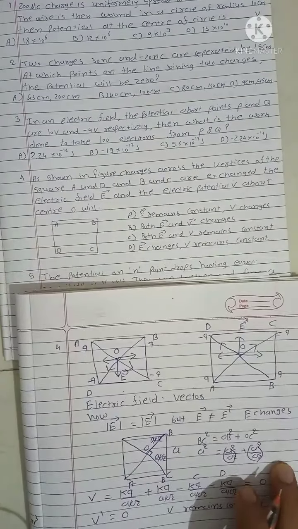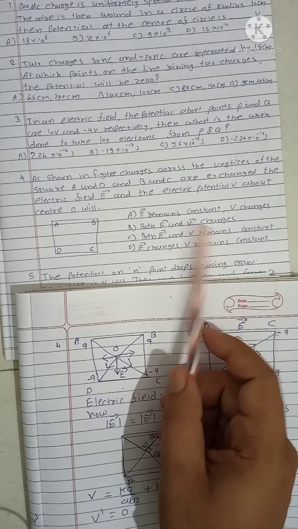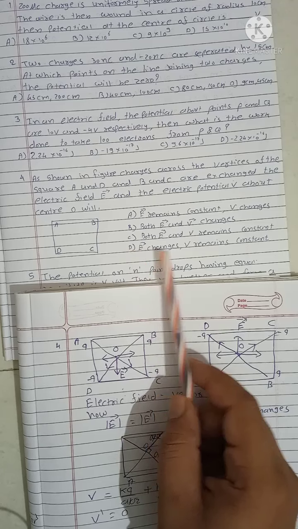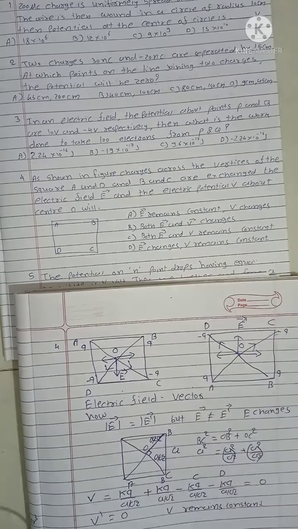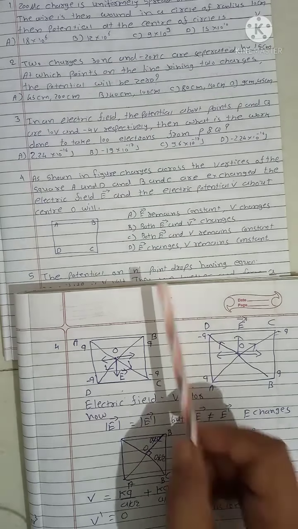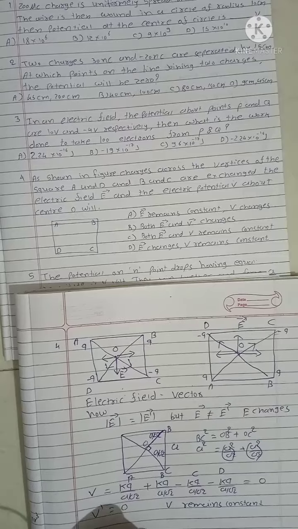Now see in the options, in B both E and V change, but in D E changes, V remains constant. So the last option is our answer, where E changes but V remains constant. Okay, next,